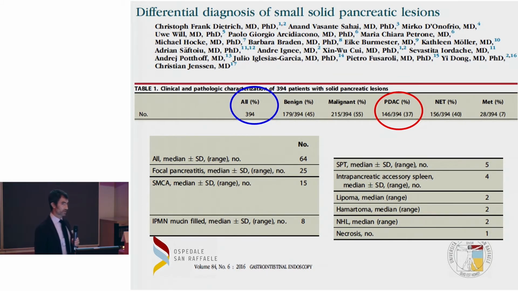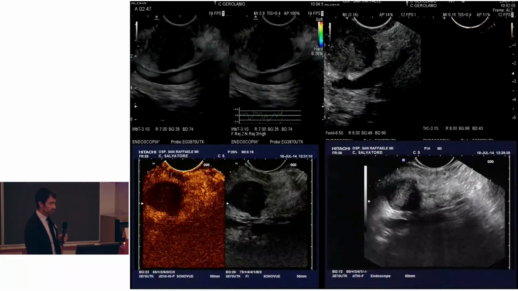Most are neuroendocrine tumors or benign lesions. So the outcome of this patient is completely different as compared to the patient with pancreatic cancer. You can differentiate this patient only by performing FNA and not resecting. In these cases, more than half of these patients would have been